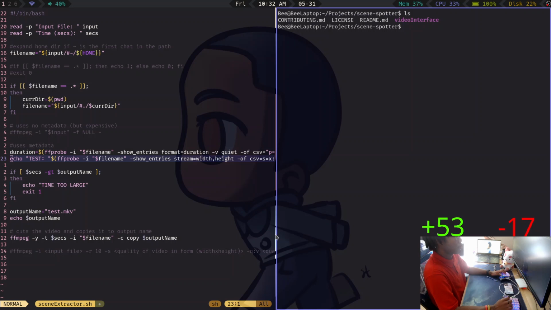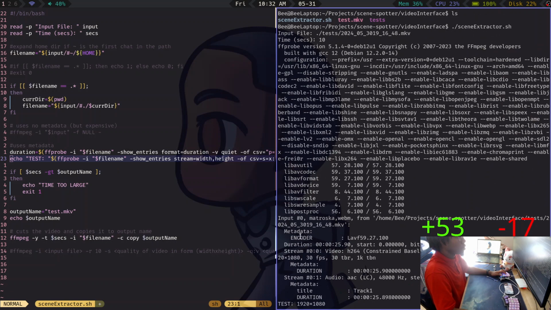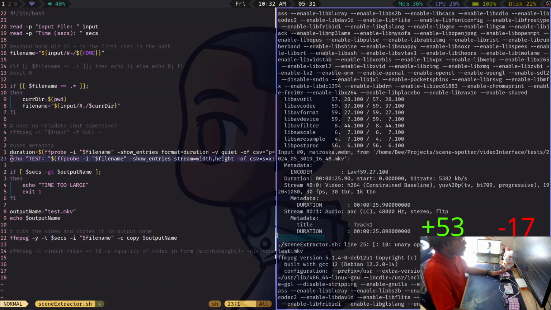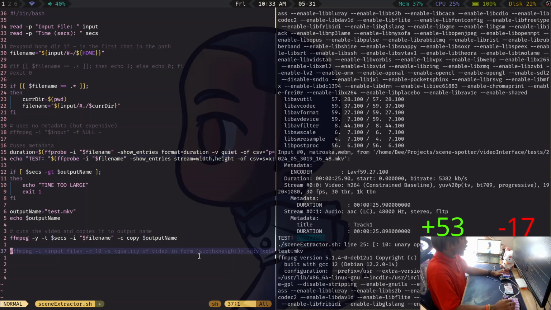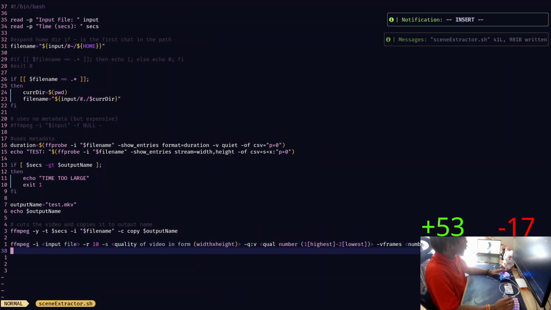Scene spawner. And then we're going to run this, use that, 10 seconds. So we are looking for test. Yeah, this is the exact format that I need it in, because we'll pass this resolution straight into, actually, let me undo this. We're going to pass that straight into